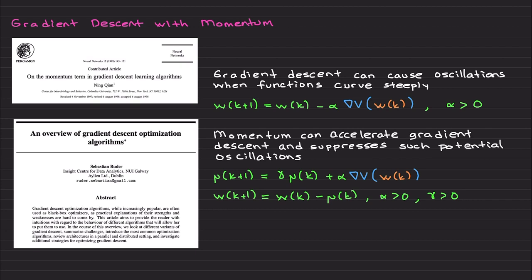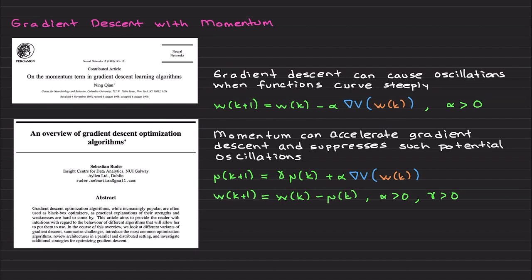I'm going to cover gradient descent with momentum. Gradient descent is great, and I mentioned it has a lot of applications to machine learning and control theory. From time to time, I see that, like many other researchers, gradient descent can cause oscillations when functions curve steeply. And because of this, by the way, this is the standard gradient descent that I covered in